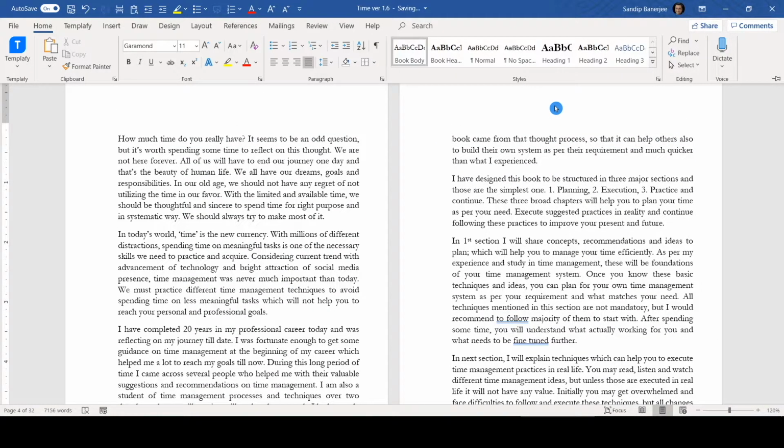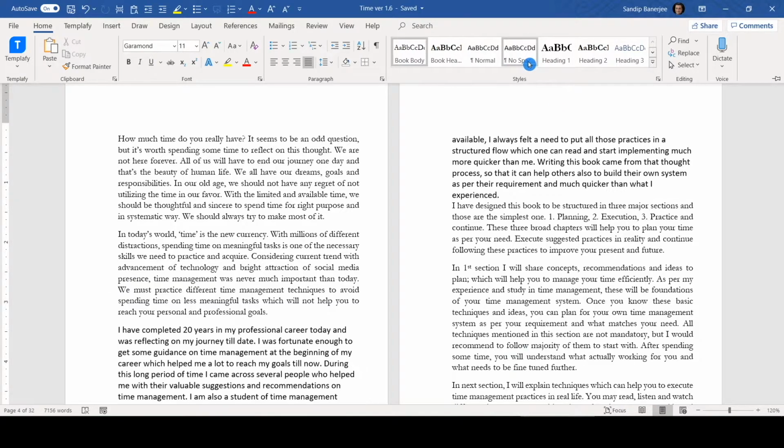Now let me explain how it worked in this way. Whenever we are typing 3 dashes and hitting enter, it's not adding a line there. It's only adding an additional border. So that's why we were not able to delete that particular line. It was actually not a line, it was a paragraph break which had a border enabled. So this is the way you can get rid of this frustrating line in case you face this particular situation in future, or you may have already faced it in the past.